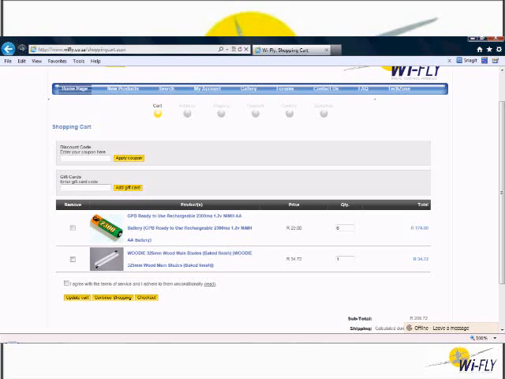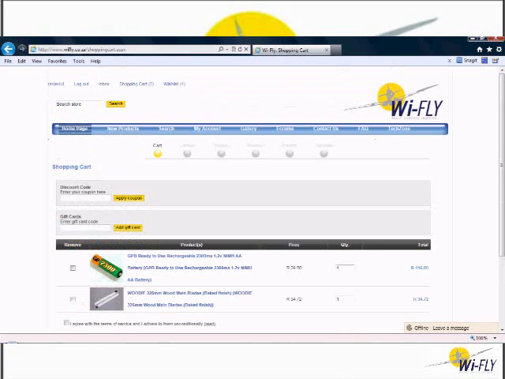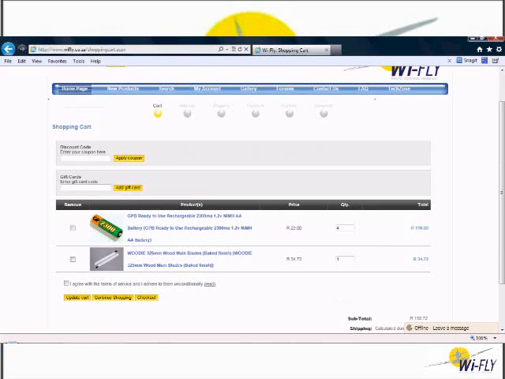Okay, and now you go through your shopping cart again and you say, do I really need 6 of these batteries? Maybe I can do with just 4. So what you would do then is delete the value 6 there, put a 4 in there, and go down again to update cart and click on the yellow button. Now you see that there's only 4 in your cart